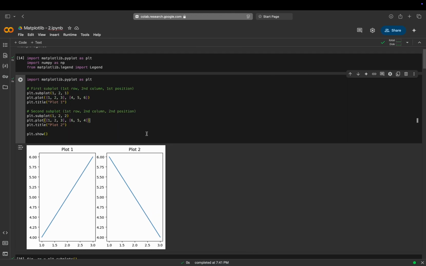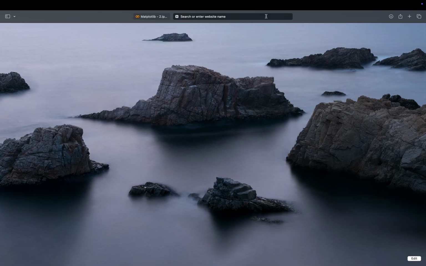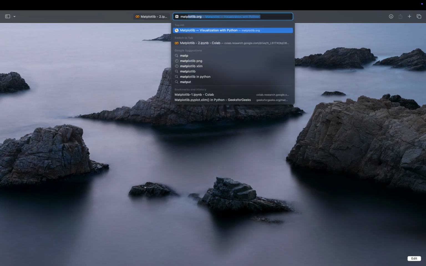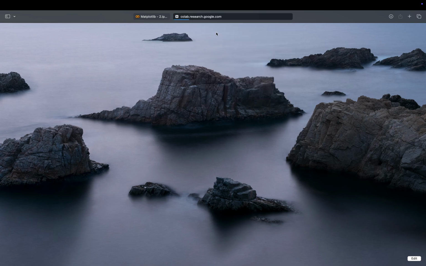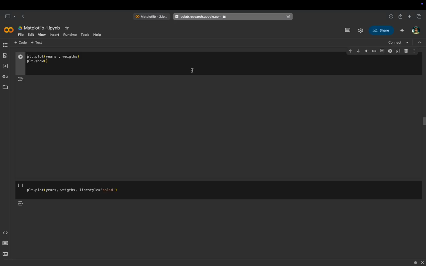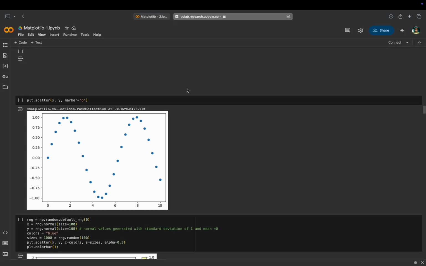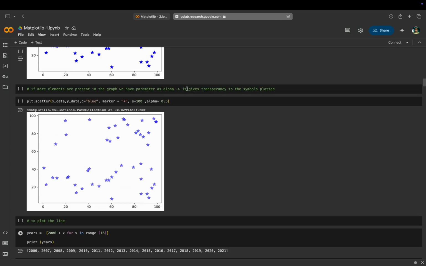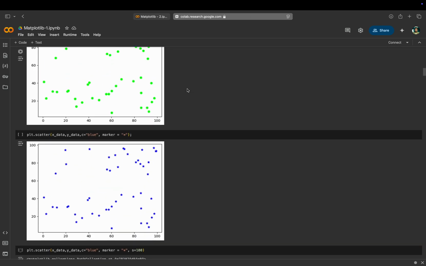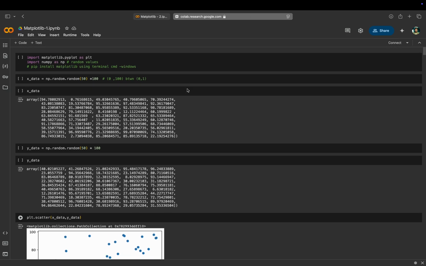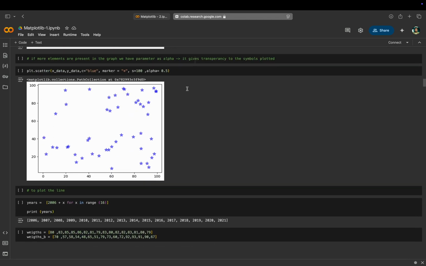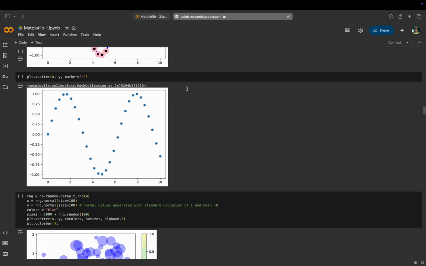See, in the last class, what we did: the basics of Matplotlib, how we can import Matplotlib, and what the main functions are, how to plot a graph, how to plot two axes, what the markers are and how we can align them, what alpha is, and all those things. So in today's class we are going to see